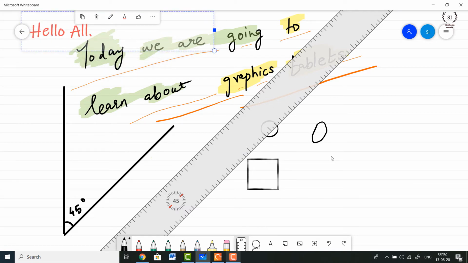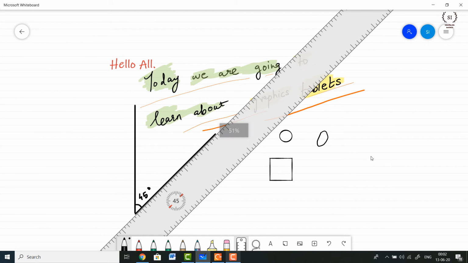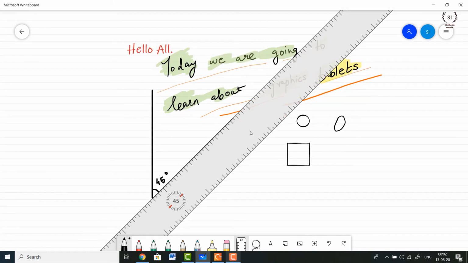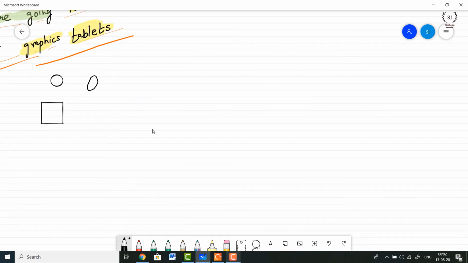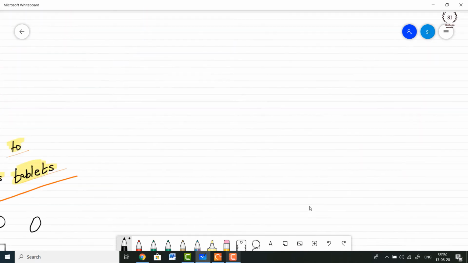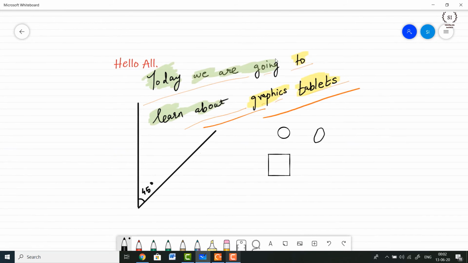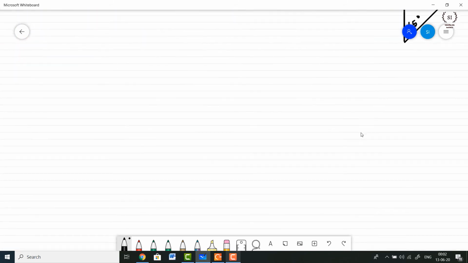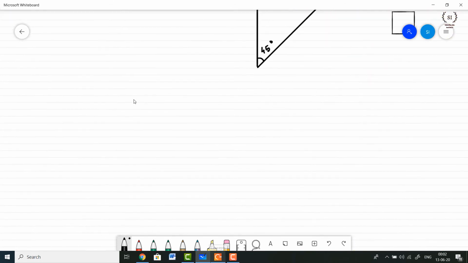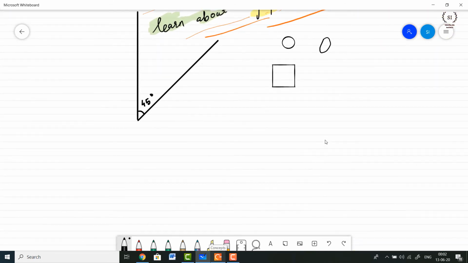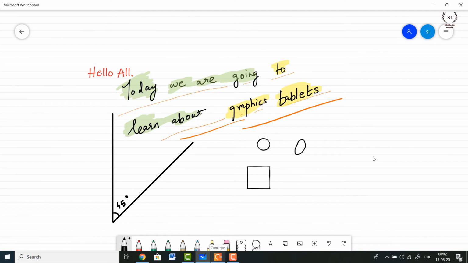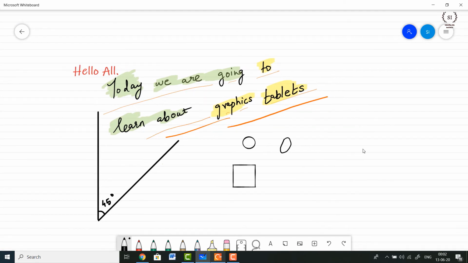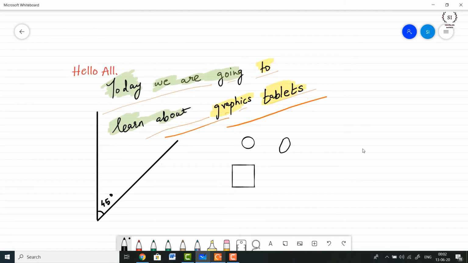Okay, similarly, if you zoom out, you would come to know that this is an infinite canvas which can be used for writing anywhere on the screen. Okay, so you can see that this canvas can grow in either direction, left or right, top or below, so you get a lot of space to write upon. So this is how this particular tool comes really handy if you have a lot of things to draw on the board and you don't want your existing data to be erased.